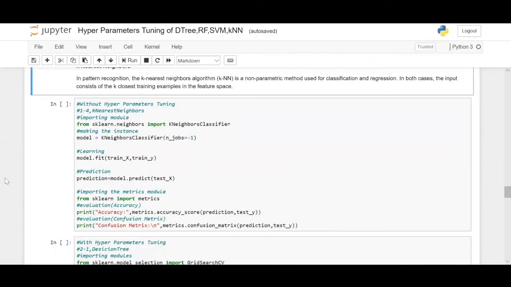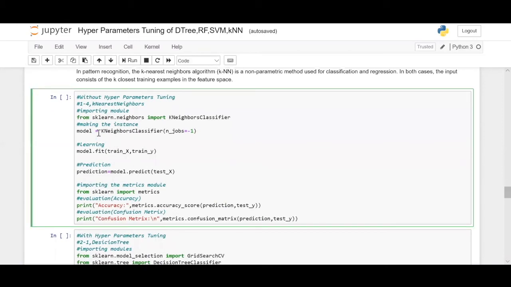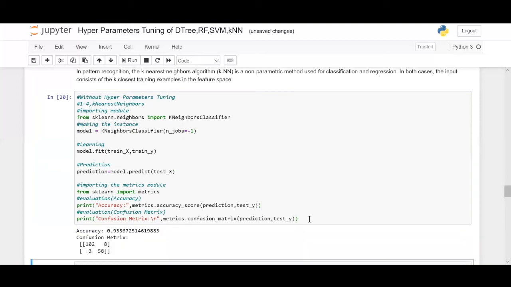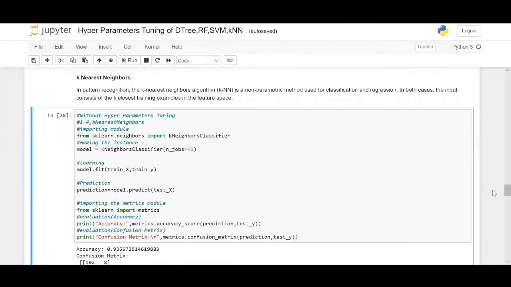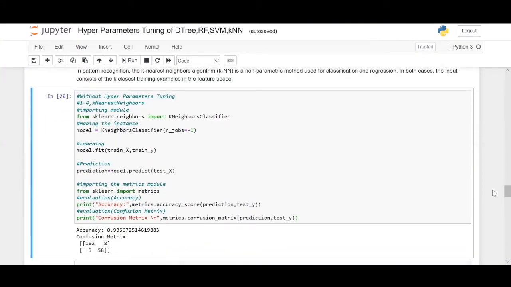Cool. So I will just load the KNN algorithm with n_jobs minus 1, which means it happens in parallel threads, which is faster and makes use of all the CPU cores in a system. So we'll train it, fit it on the training data, same old mantra, and run the predictions upon the testing data, and print the accuracy and confusion matrix upon the testing data. Just get it done. And wow, this looks good. Now we have done a good exercise of seeing different models.